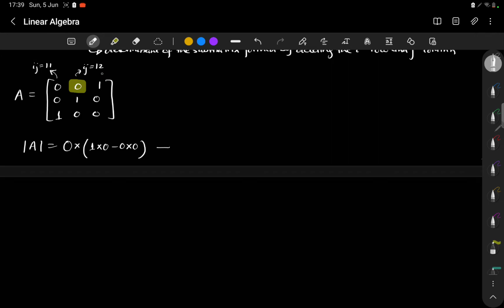So this gives minus 1 to the power 1 plus 2, that is going to give us finally minus 1. So this one comes with a negative sign. So minus 0 times, again we will delete this row and this column. So this is the remaining matrix. Determinant of this is